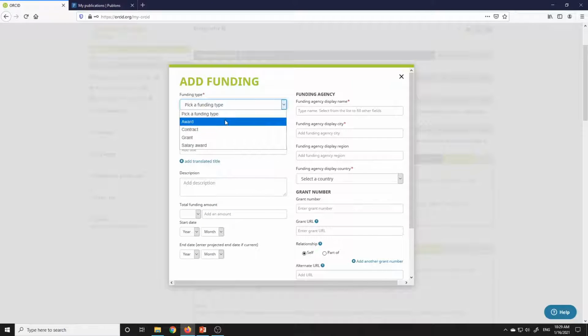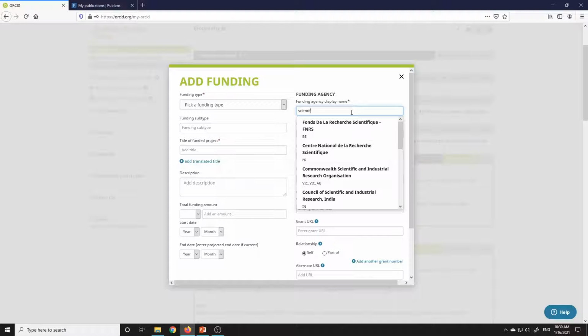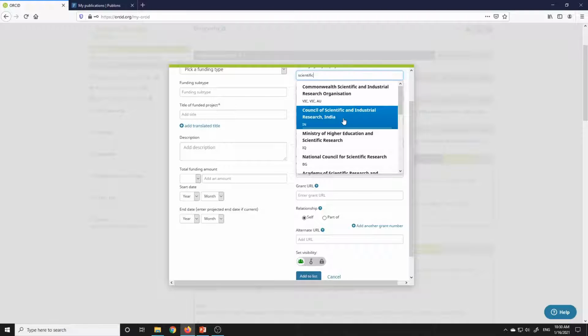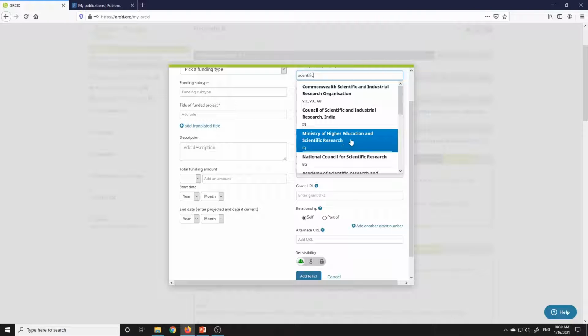What type of funding are you trying to add? Award, contract, grant, salary award, whatever you want. Name, let's see, scientific. I forgot the name actually. See, whatever scientific is coming, CSIR India, Ministry of.